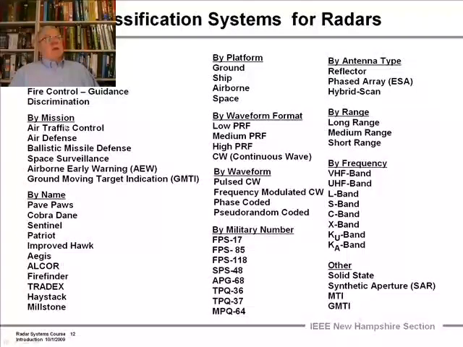Some civilian radars do air traffic control. They can also do air traffic control, of course, for the military, controlling air traffic around airports that military aircraft are. They can do air defense, ballistic missile defense. They can see into space. They can be airborne, giving the fleet early warning, or they can be airborne and looking at ground moving targets, using moving target indication techniques we'll talk about. But then I want to focus mostly on